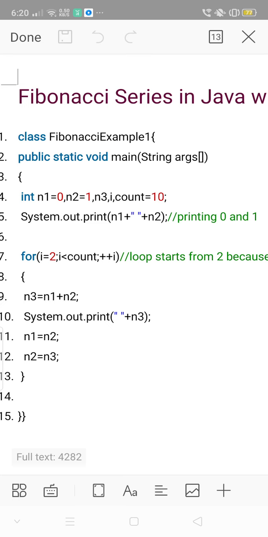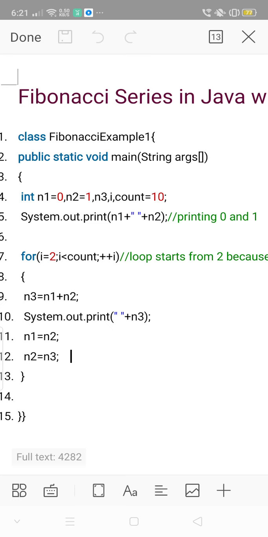And within the for loop, the braces open, and then n3 is equal to n1 plus n2. This is the logic of the Fibonacci series. So the third term is equal to the sum of the first and the second term. So this will continue till the number of terms is reached. That is what is given in the for loop. And then System.out.print, then within quotes a space plus n3.